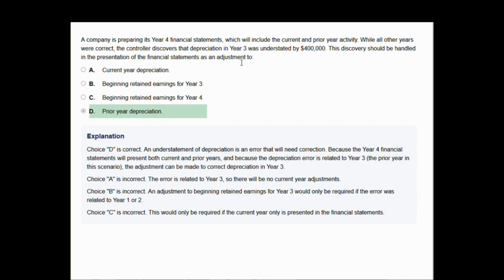Oh, I see. そういうことね。Year 3は understated also. この year 4を include the current and prior year activity ということなんで、そういうつながりがあるし、understated ということで、prior year depreciation